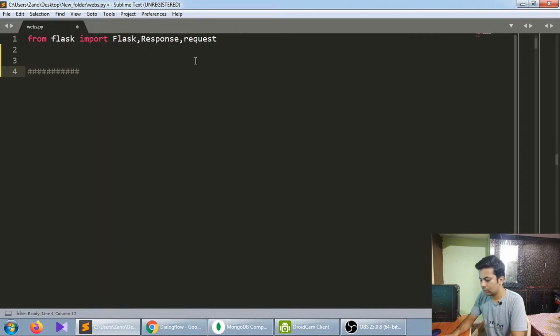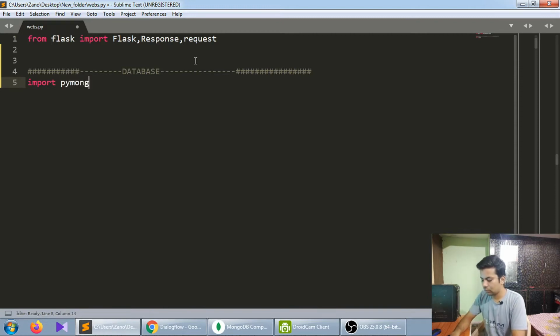You can use any database. Currently I will use MongoDB. Let's write the connection part here. I'm writing it here for clear intuition.